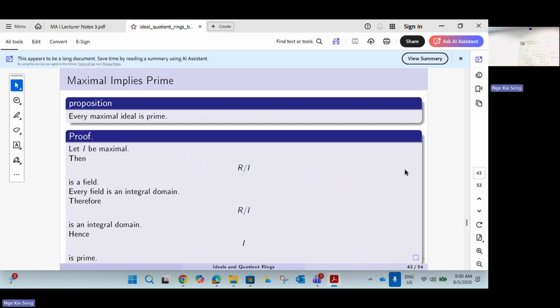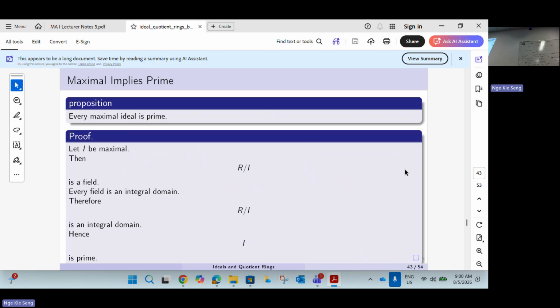Okay, next we talk about the relation between these two. Maximal implies prime, but the converse is not true. Right? Not always true. Might be true, but not always. Okay. So why is it like this? Because maximal ideal,